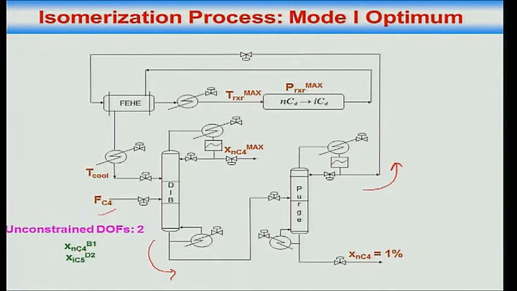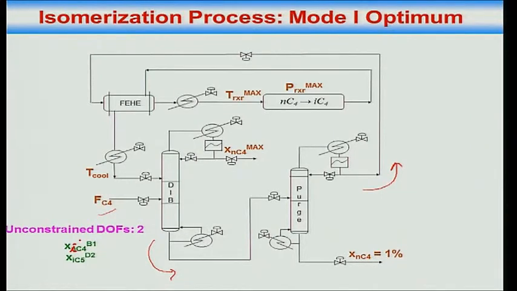But then whatever has leaked down must be sent up in the purge column. So that will go up. So these are the two opposing effects. Also, there is another effect, the dilution effect. If you allow too much NC4 to leak down the bottoms, it will dilute the oh sorry, so sorry, this should be I.